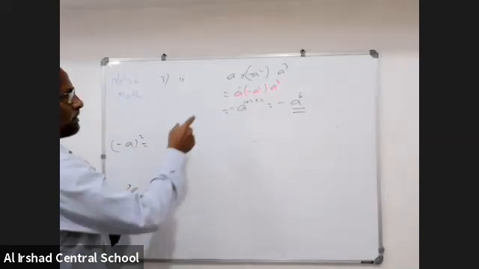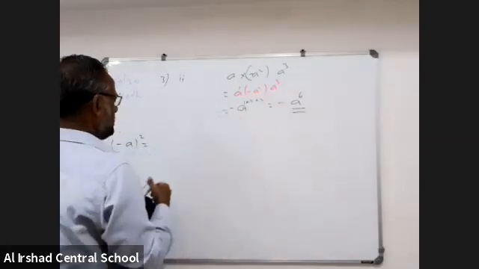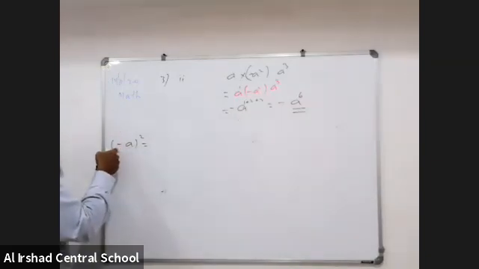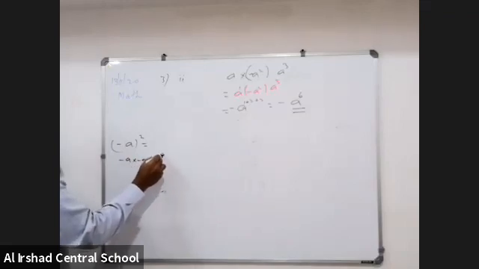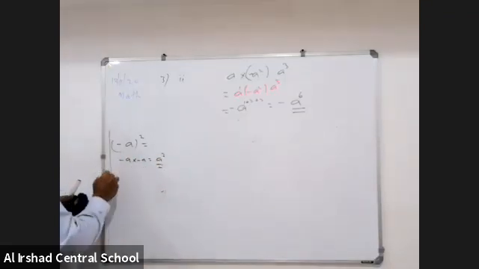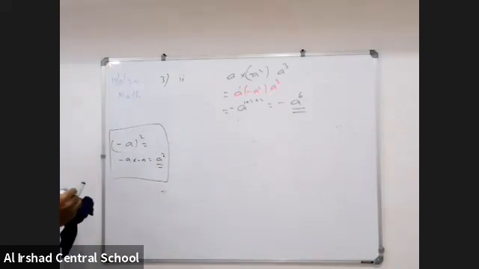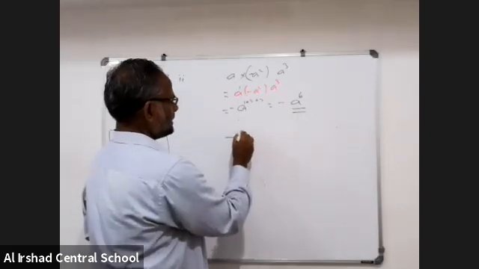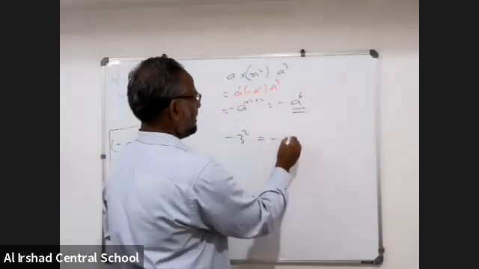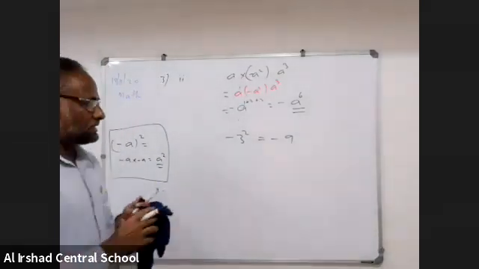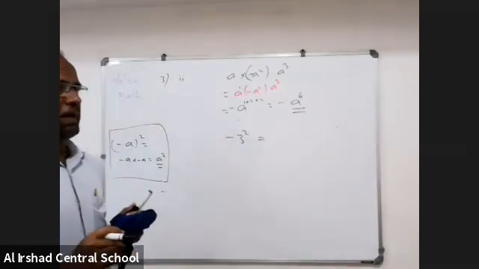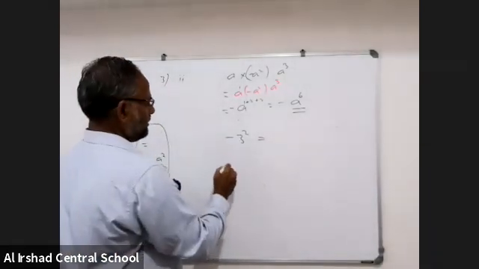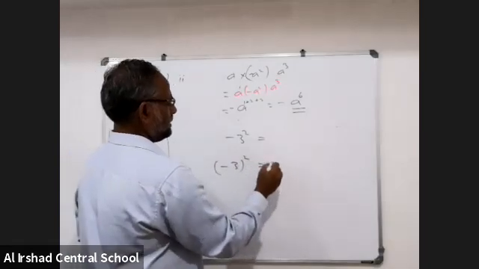Here our question is minus a square. But suppose it is minus of a square, that is minus a into minus a, that is a square. Not it. Minus of a square, any number like that only. Listen here. Minus 3 square. That means minus 9. Minus 3 square. That means minus is outside this one. Minus 3 square. But if this is minus 3 whole square, that means